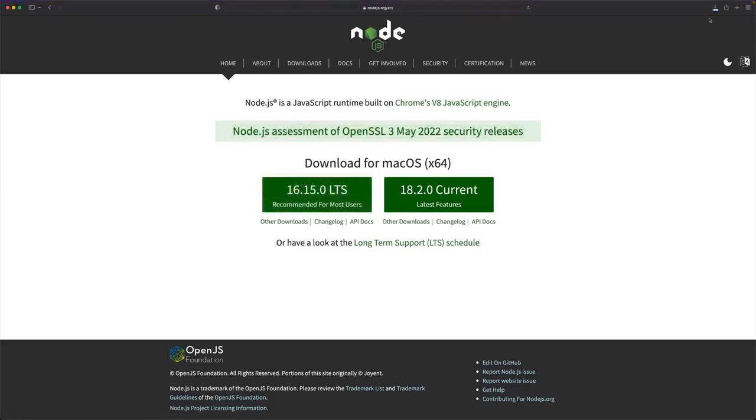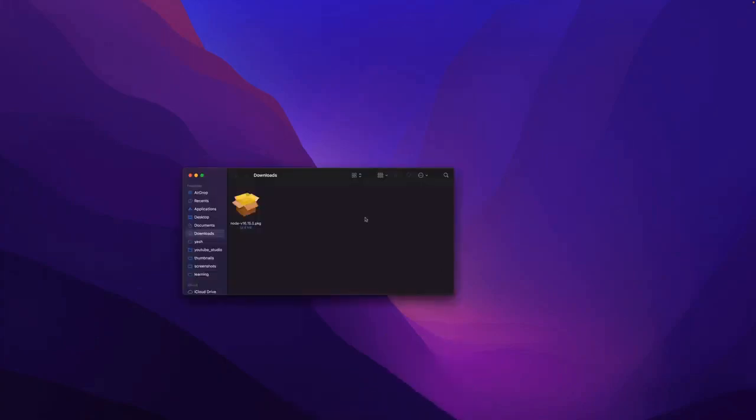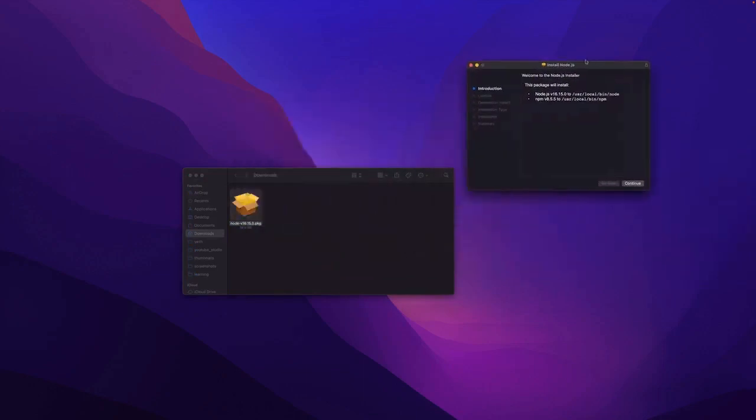So it's downloading. And it's downloaded. So I'll just clear this and close my browser here and open up my downloads folder. So next we will double click on the package and start installation, and I have my installation right here, and